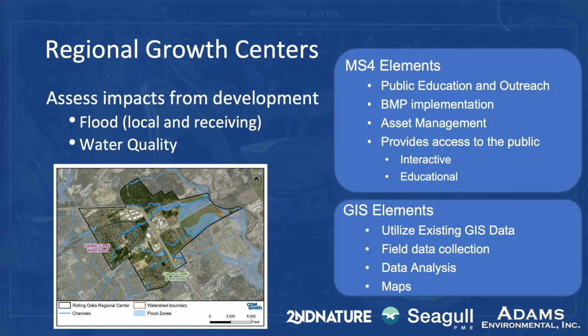The reason that I selected this project was that it includes interesting ideas on how GIS can be used to help with multiple things such as public education and outreach, also to quantify impacts from best management practices and other MS4 mitigation measures, and also as part of public tools that can be provided to support these. This